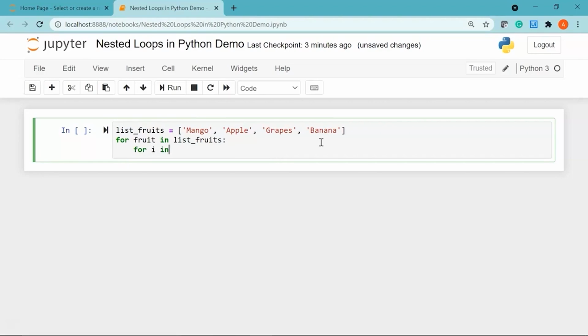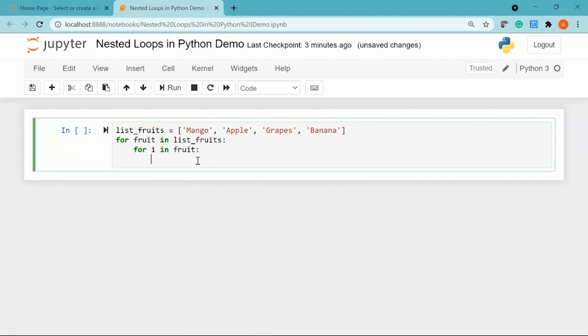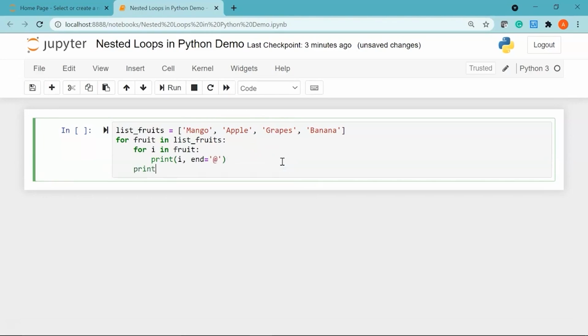I'll say for i in my variable or the iterator that I had declared in the previous line, which is fruit. I'll say print i, and then I'll use the end parameter that will have the @ sign, and then I'll print a blank. So this is my first nested loop that I have created.